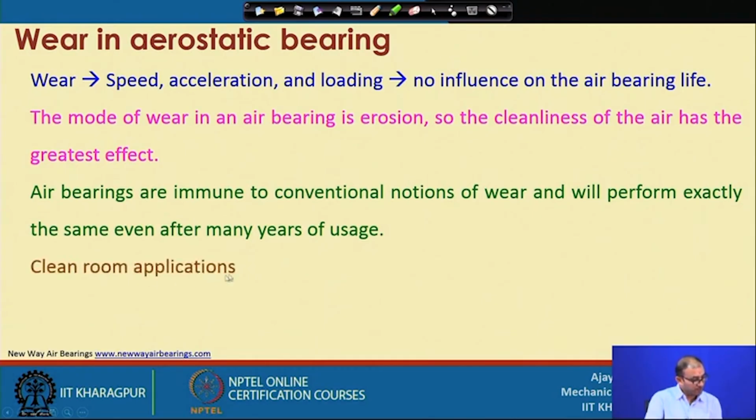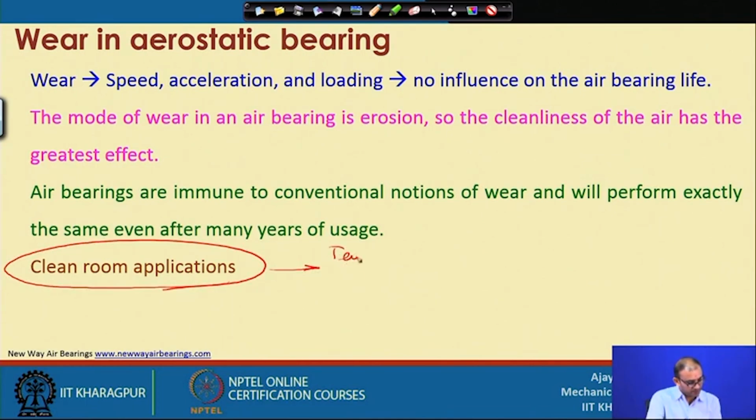Right. Clean room application is important here, because if you want to use any other type of bearing, consider a full contact bearing, it generates heat. Heat will again create a problem when you are using it in a clean room. So, let me tell you what a clean room is. A clean room is a specification where you can maintain the temperature, humidity,